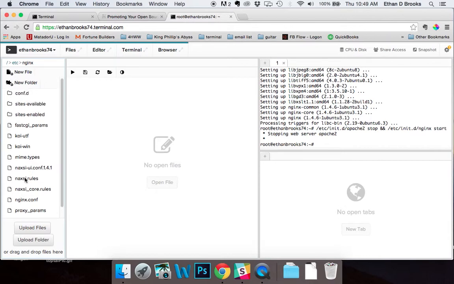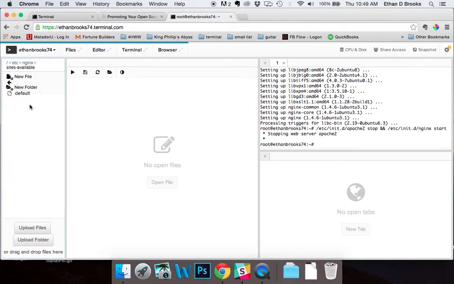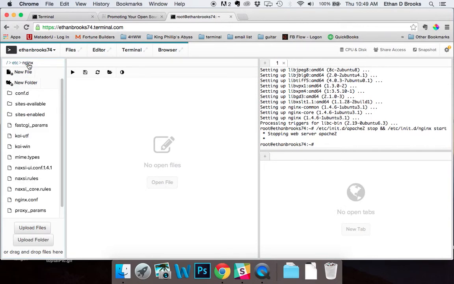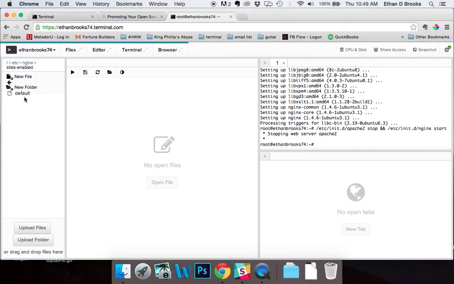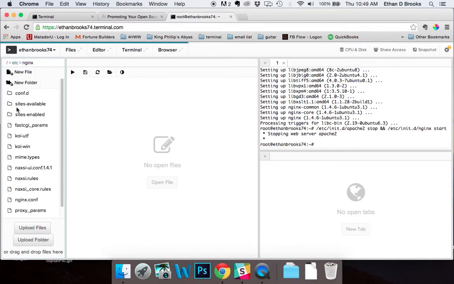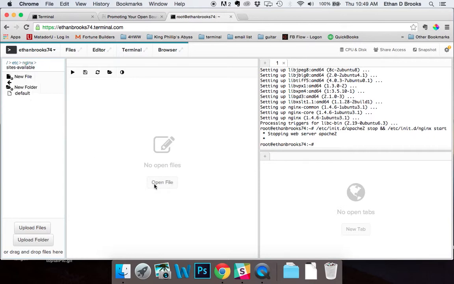Inside of that, we're looking at the first of two directories that we'll be working with. The first directory is called Sites Available, and this is where we would like to look for now. You can see that there's a default document that's available here. Now if I go back, you'll see Sites Enabled, and you'll also see Default. Our goal here is going to be to create a new site available .vhost document, and then get this running in the Sites Enabled directory, which will essentially enable Nginx to serve up